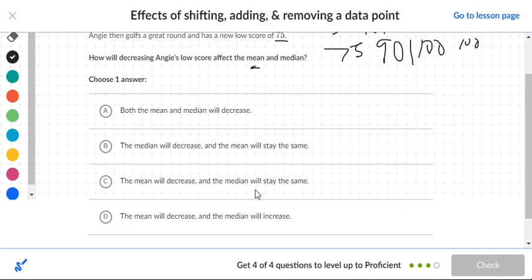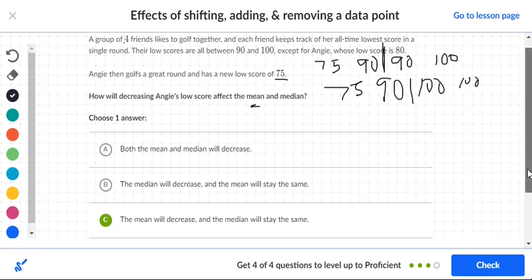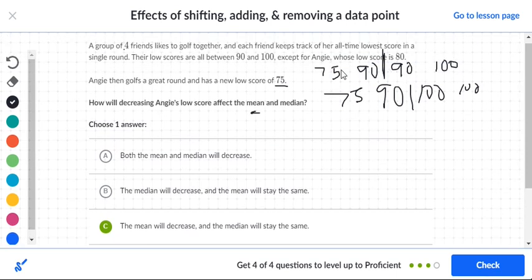So the mean will actually decrease, because instead of adding an 80, you're adding a 75, so that's definitely going to decrease. The median is pretty much going to stay the same, because we don't really see a shift there, because it was set up for four friends, and it still is 4 friends. The only thing different here is that instead of having an 80, we have a 75. So that doesn't change the shift when we put them from smaller to larger. It does affect the overall score. So if we were to add these up, instead of adding an 80, we're adding a 75, the overall mean, the overall average, will decrease.